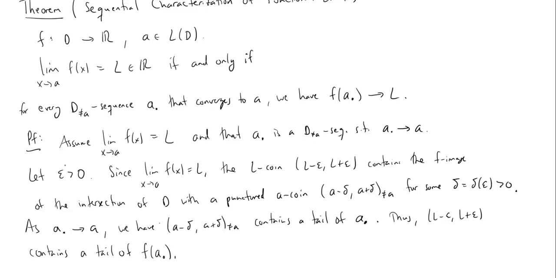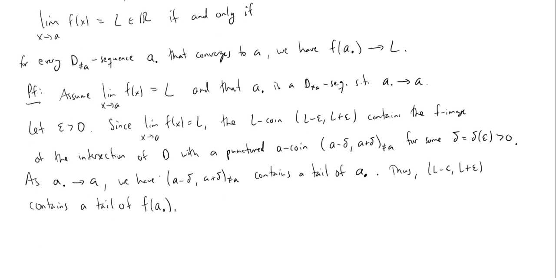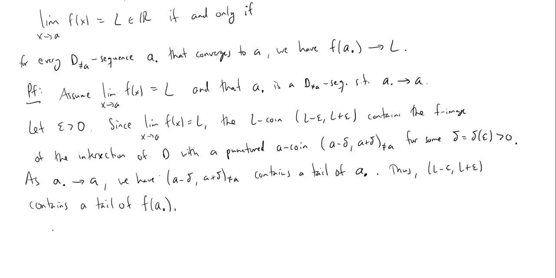For every L coin, and this epsilon greater than 0 gives us our generic L coin, it has to contain a tail of F of A dot, and that's what we have. All right, so that's one direction. So now, conversely,